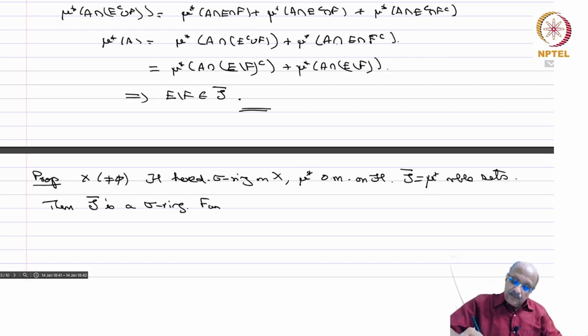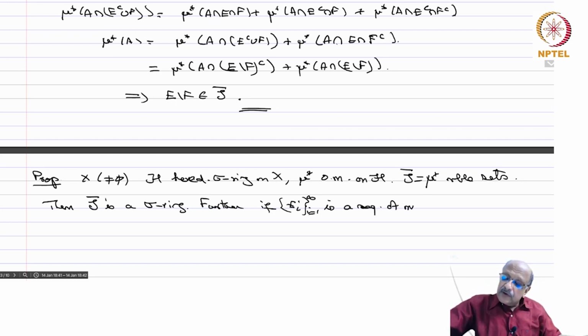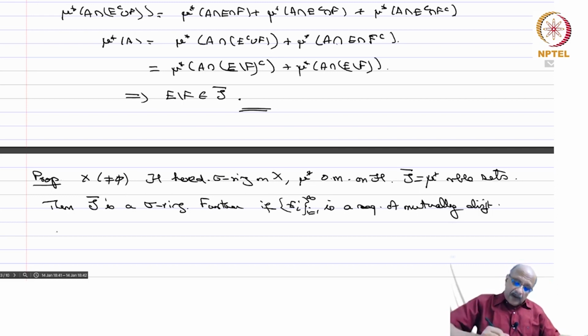Further, if E_i, i equals 1 to infinity, is a sequence of mutually disjoint sets in S bar whose union is E,